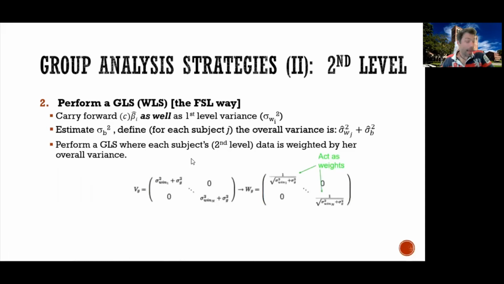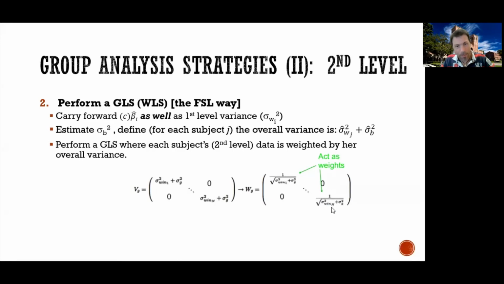Because what you're doing is you're using the variances for each subject kind of as weights. For example, if a participant were very distracted and had a large sigma squared within, that would downweigh their contribution to the group analysis. So the fact that the variances within individual are included in this analysis allows you to weigh different participants differently. Hence, it's a weighted least squares, where the diagonal matrix is not just the sigma squared between,